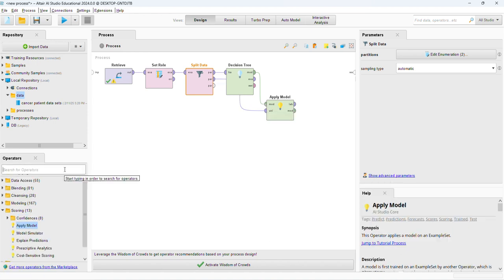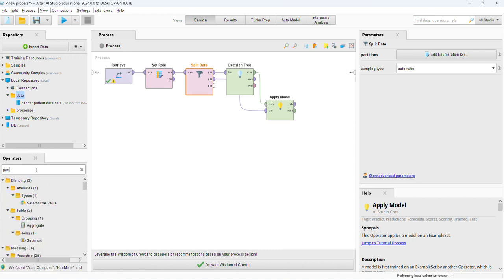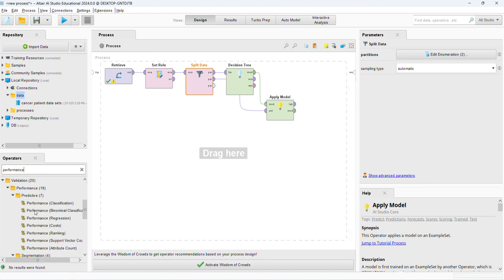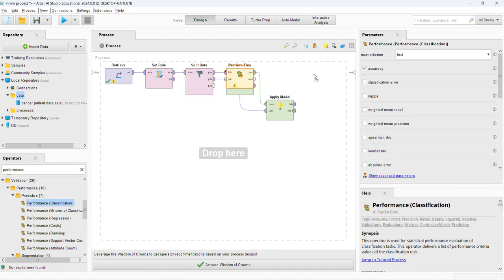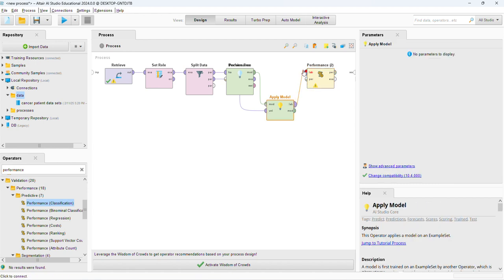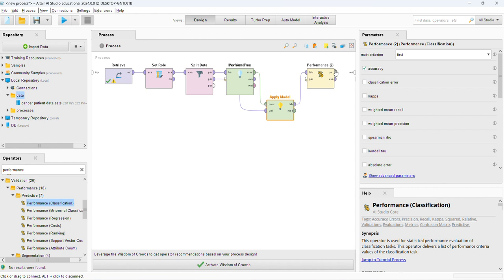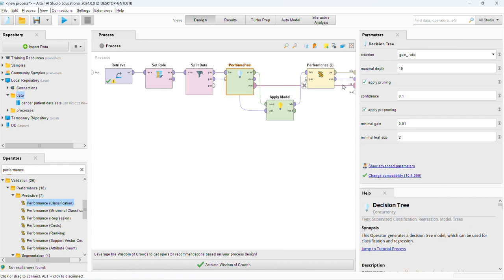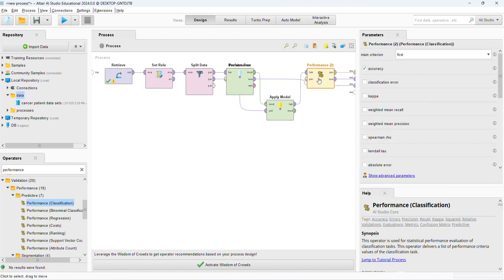After that, to evaluate the performance of this model, I'll be importing the Performance operator. So I'll be importing the Performance Classification operator for my final prediction of accuracies and all that. So here you can just see I'll be trying to find out the accuracy of the model. Right, so this is my final connection which is done, and then if I run this model,